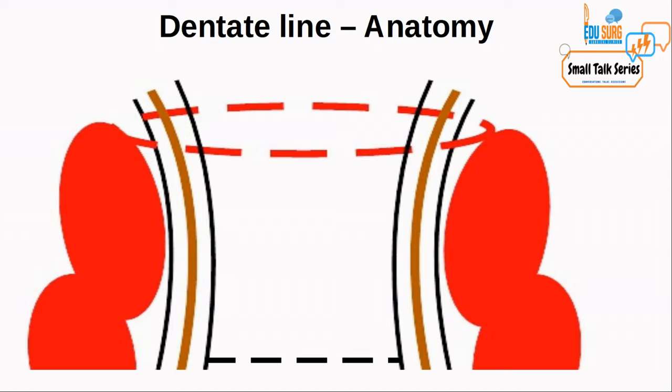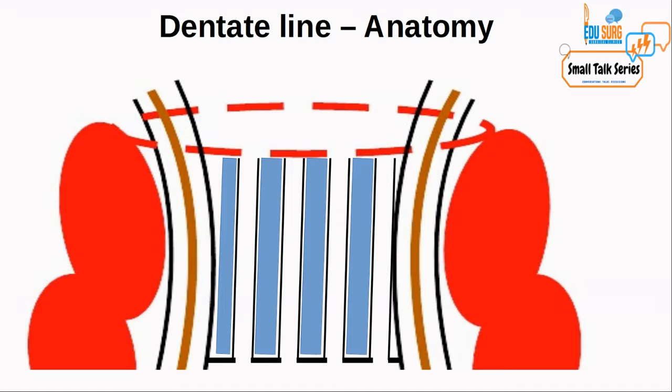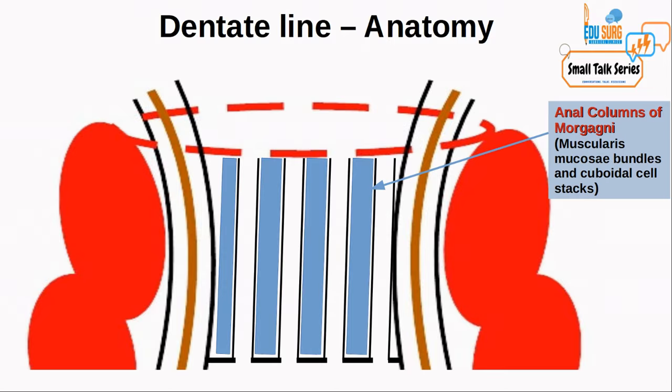So two different structures help in formation of the dentate line. There are these columns which are known as anal columns of Morgagni. These columns extend from the puborectalis sling above to the termination below where they form the dentate line. They are essentially pleating of the rectum into muscularis mucosa bundles which end at the level of the dentate line, and that is why some people consider the anal canal as the anatomical anal canal below the dentate line up to the anal